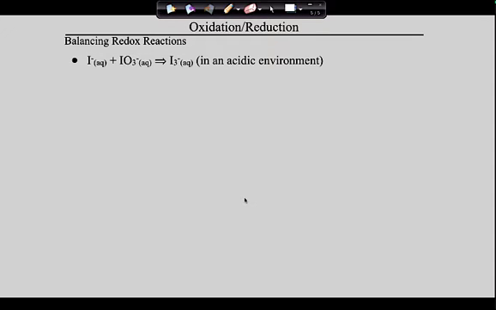Oh boy. Guys, we're going to balance this reaction. This is usually the one that screws me up. So here we go. Those steps that I gave you, we are now going to apply in this environment. So step number 1